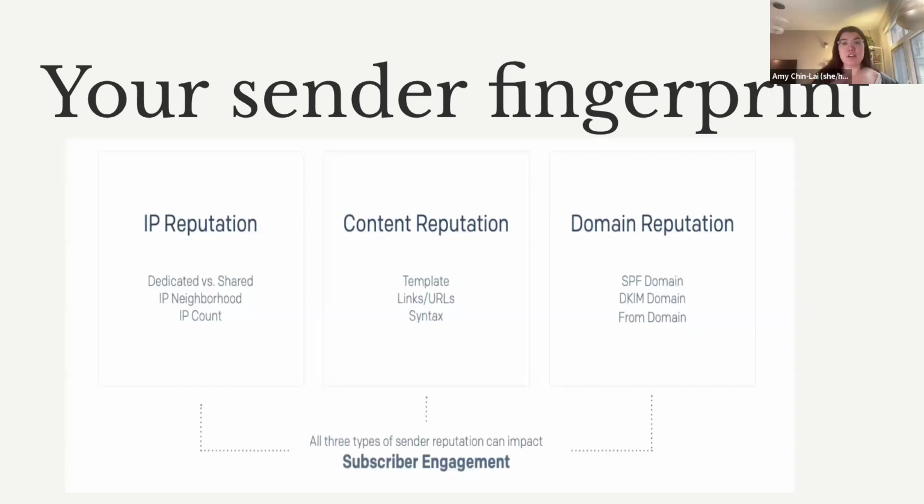So along with engagement, there are other factors that determine your sender fingerprint, and we call it a sender fingerprint intentionally. We use that language because every email sender really is operating on its own individual characteristics. Every time it is its own sender, we're looking at their technical characteristics. The email provider is looking at the habits of that sender, how the recipient behaves. So besides the engagement, we're looking at these three buckets as the main things that can affect your sender reputation and deliverability. So the first bucket is IP reputation. And this is the IP address that you send from, which is like the computer or server that your CRM, like Action Network, is sending those emails from.